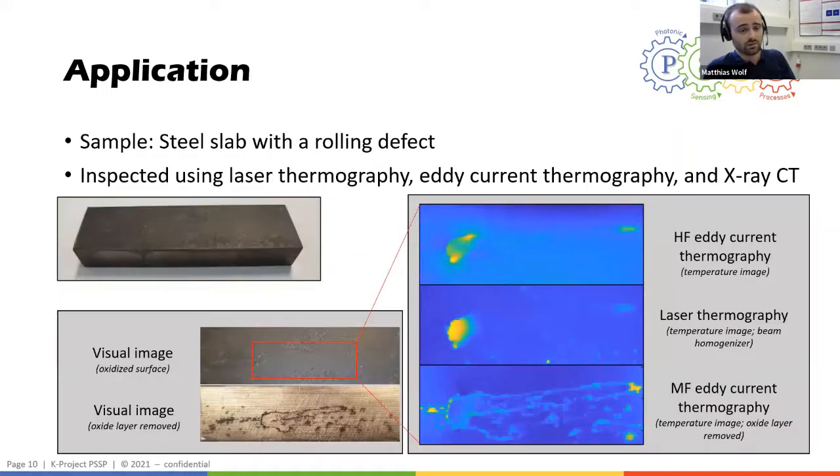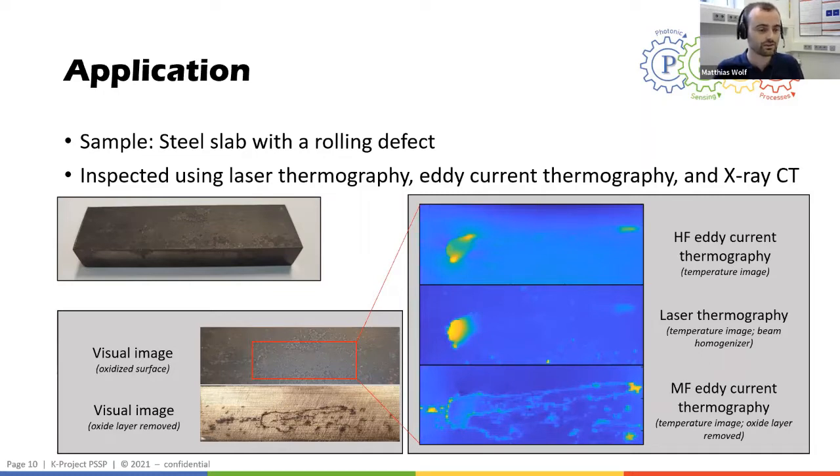In the last example, we also inspected a sample made of steel, a steel slab that has a rolling defect in the middle on the front surface. And we used different excitation methods, for example, high frequency eddy currents, an optical method based on a diode laser, but also mid-frequency eddy currents. You can see the comparison between a plain visual inspection and the thermography-based inspection on that slide, and